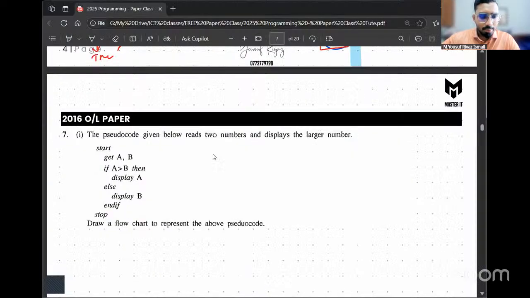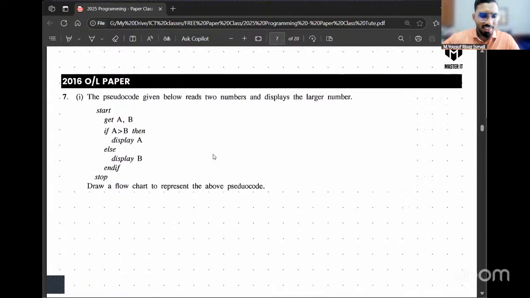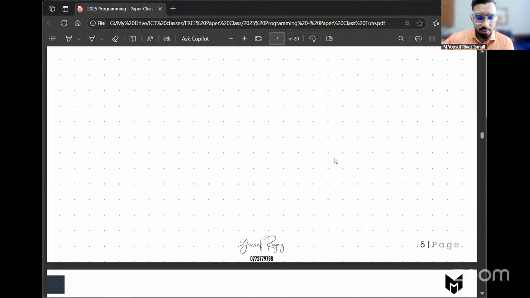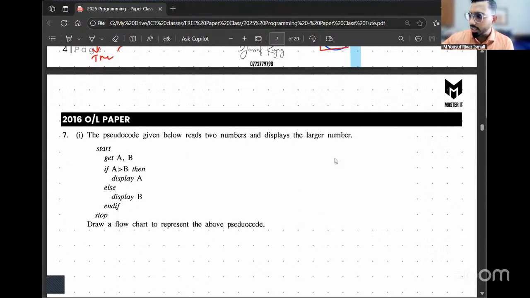Okay, let's begin. Let's start off with this question. It's an easy question. Those who have the tute, it's on page number 5. Those who don't have the tute, you can refer to the question here and start doing it in a separate book. I hope you all have a separate book for paper class. If there's anyone who is new, just keep in mind, for the paper class, maintain a separate writing book.